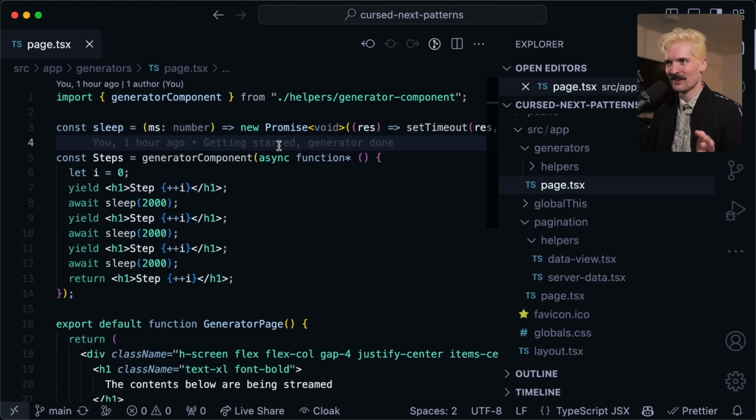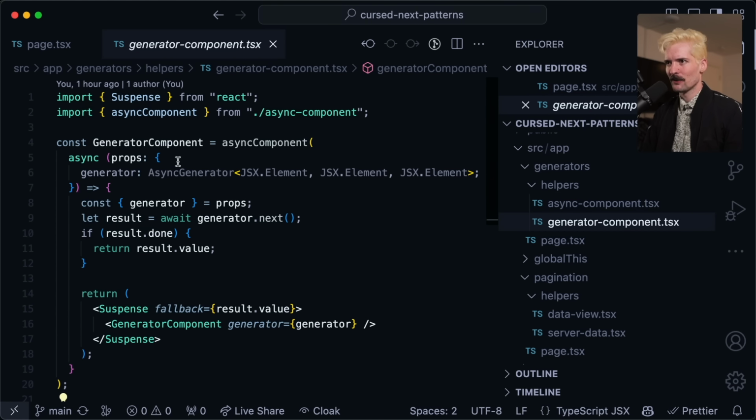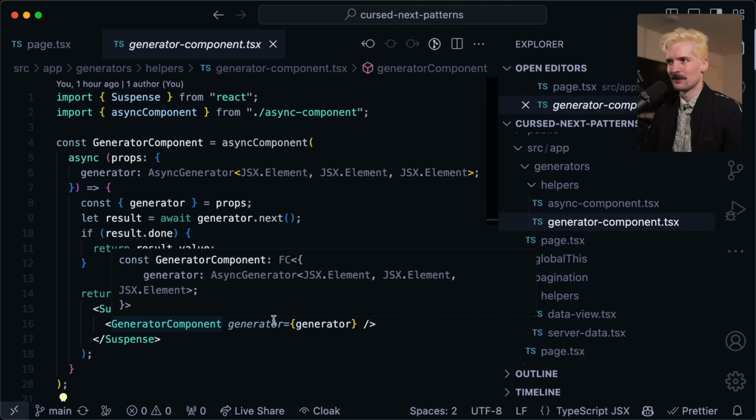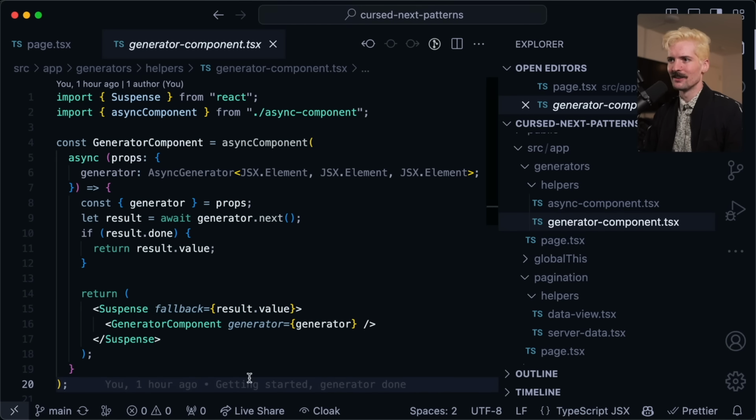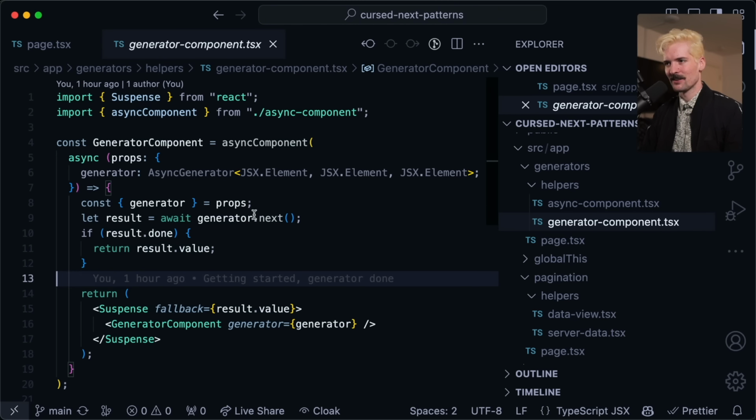cool. How does this actually work though? Well, if we go to the result for generator component, it actually takes the previous results and uses that as the fallback, and then calls itself recursively with this generator using the values that are being yielded as it goes. And it doesn't resolve the suspense until it's actually done here, where we do the result.value for the final value. So as long as you're still generating more results, we will be able to keep generating more components and streaming